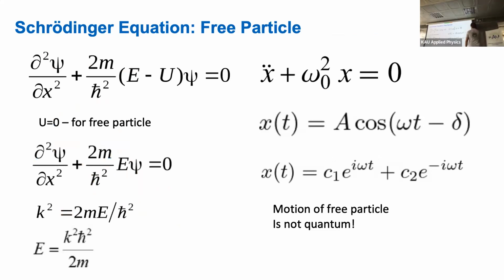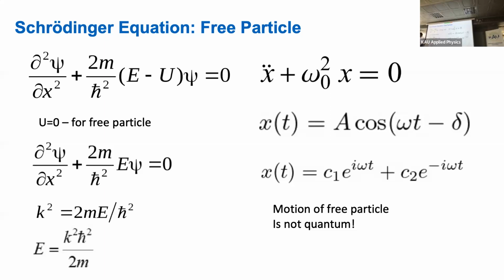And a few examples of how we can do it. For a free particle, it is the most simple way. We are taking our Schrödinger equation, time independent. Then we use the external potential U equals 0 because it's a free particle. So a free particle moves in some kind of vacuum. There are no fields. Then we discard U,